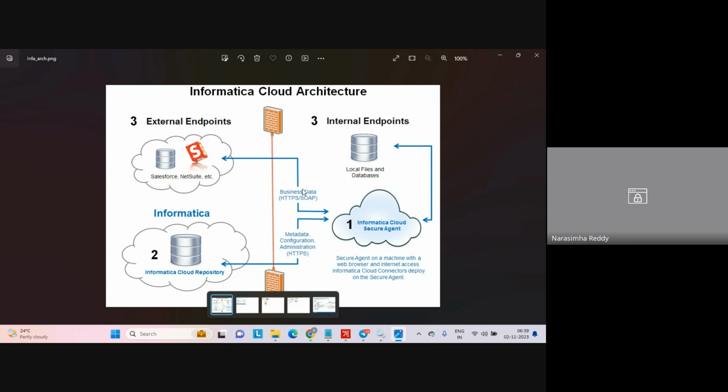And next, let us talk about the data part. On the left side, we can see some cloud storage, let's say Salesforce, NetSuite, whatever. Right side, local. Now, if you want to transfer data from a local file to Salesforce cloud or whatever, it uses one of these protocols, either HTTPS or SOAP. There's one more, REST also. So we can make use of one of these protocols to perform data transfer from cloud to local,